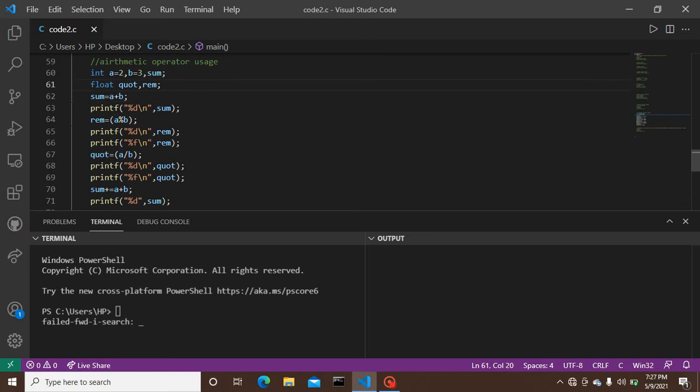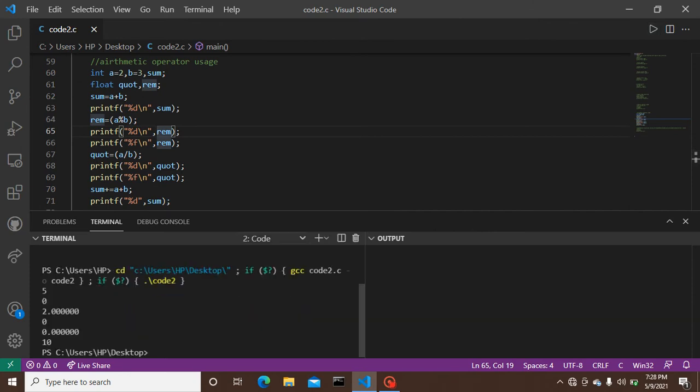This is a declaration that I have already made, and one who is coding in C programming needs to declare all the variables in their code before coding. Let's have a look at the output.